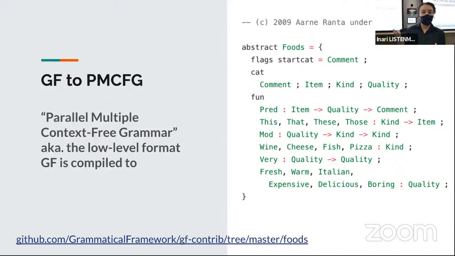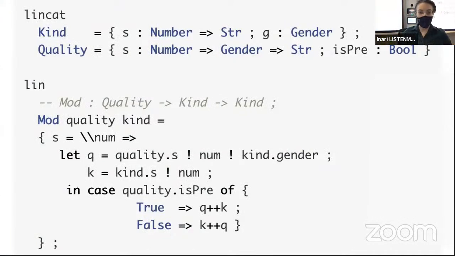So I will present how we compile GF to the low-level format PMCFG, parallel multiple context free grammar, in the concrete format of PGF, the portable grammar format. So here's the example which I already